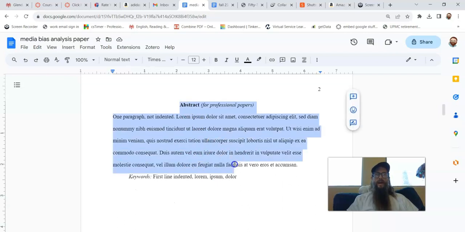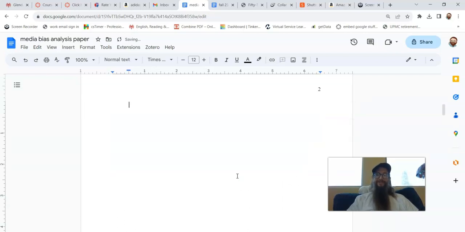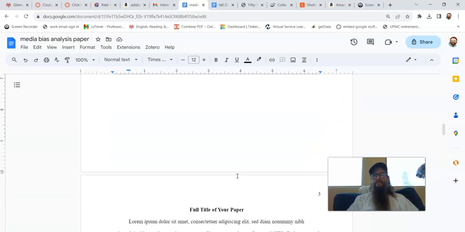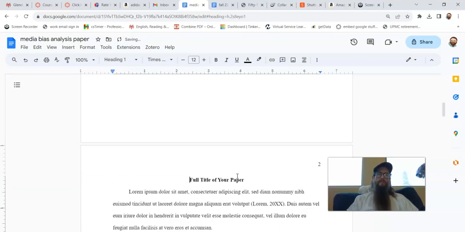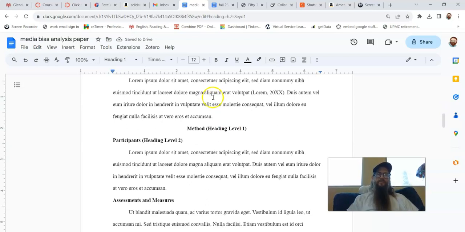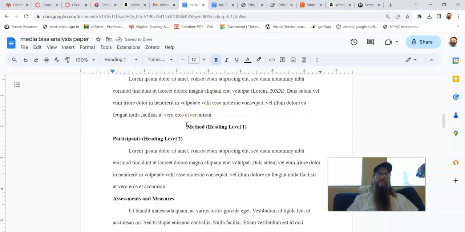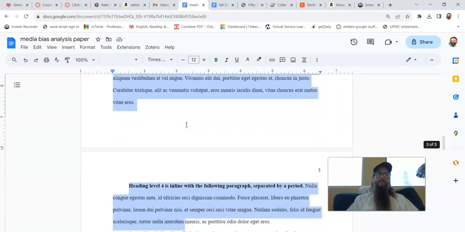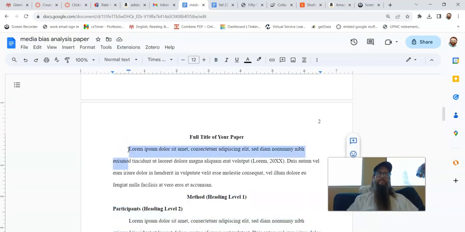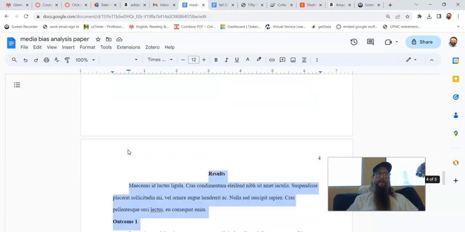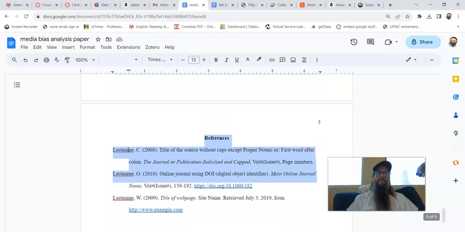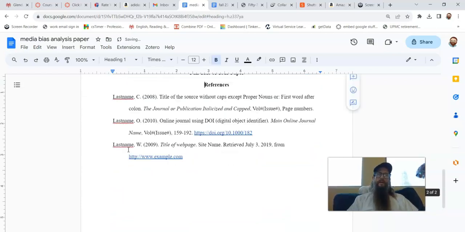Go ahead and delete the abstract. We don't need an abstract. You just need to do the things in the paper that I asked you to do in the assignment instructions. Okay, and then again, they want you to put the title in there again, and then this stuff we don't need, right? Because you're just going to write your paper using the assignment instructions. So we'll get rid of all that. We'll get rid of all this. But we'll leave that on there, right? Because,